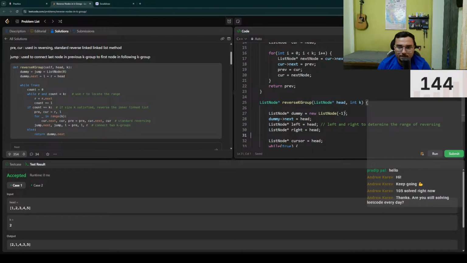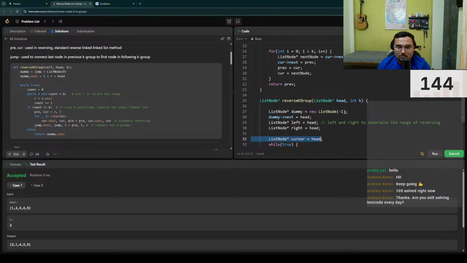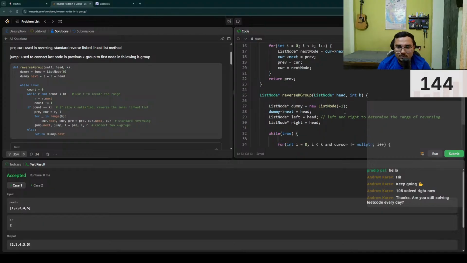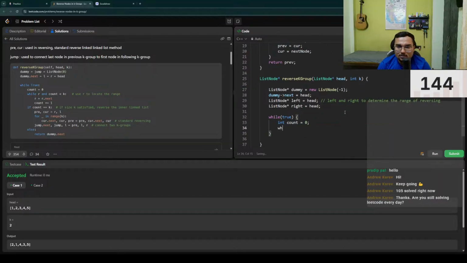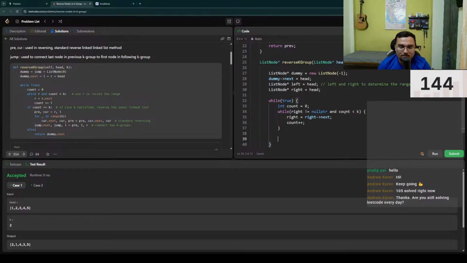Okay, then while true, int count equals 0. While count is less than k, while right and, okay, if count is k, then